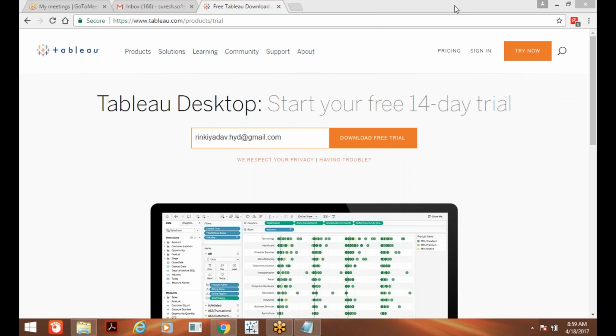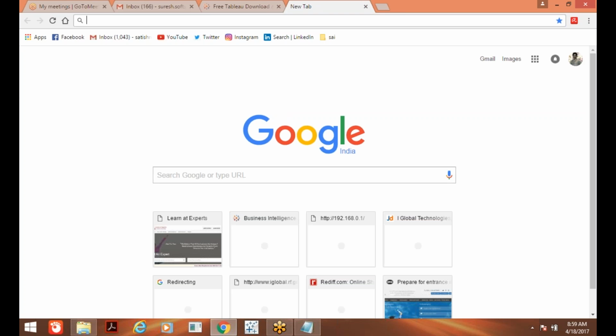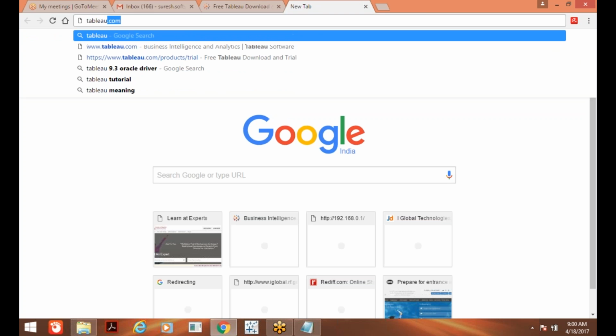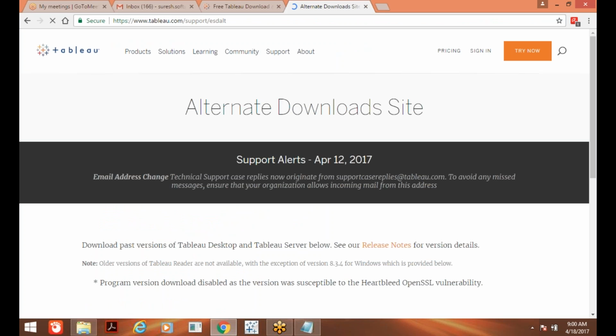And here, how to download the previous versions of Tableau, in the sense, go with the Tableau alternate download. Just search for that. Yes, alternate download site for Tableau software. Just open that link. Here you will have all the versions of Tableau.